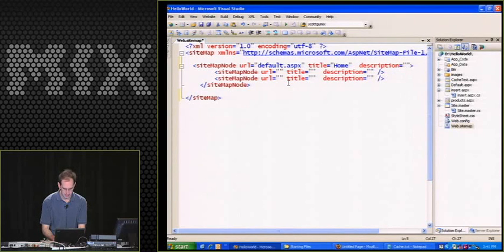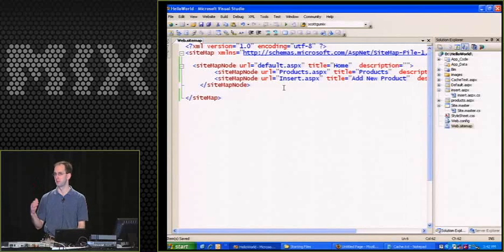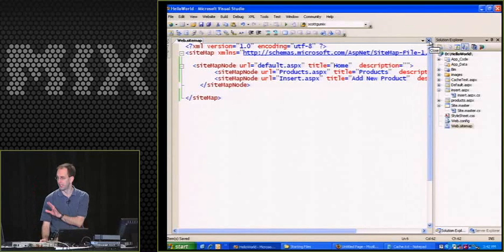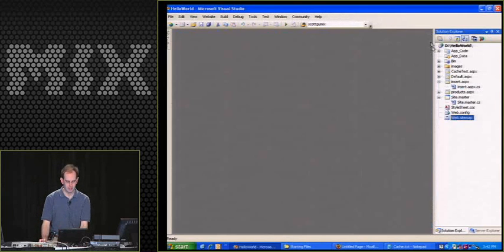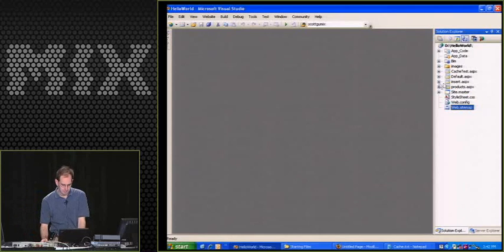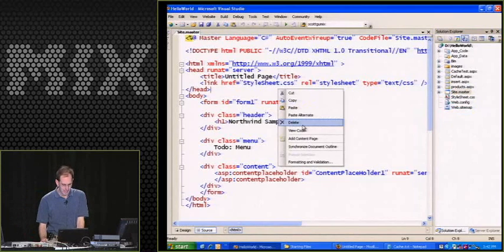I have a products.aspx page, which is my products data. And we have that insert.aspx page, which is for adding a new product. I can put whatever other links I want within there. I'll come back later when we talk about roles and some of the other things you can do to hide and show things based on role capabilities. So anyway, storing that in the sitemap file means I can now programmatically